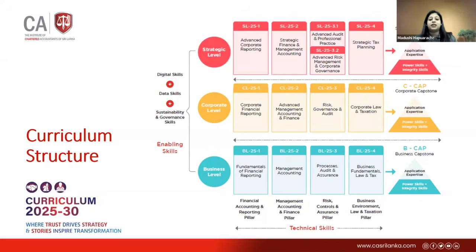But with the new emerging trends in the market and the world, related to technological advancement as well as aspects like sustainability and governance, we are incorporating those to empower our students along with those technical subjects.